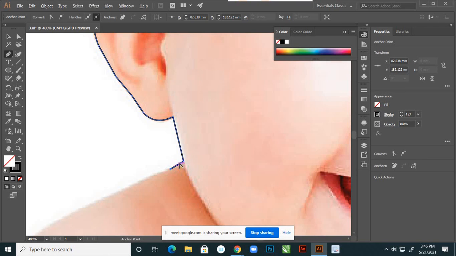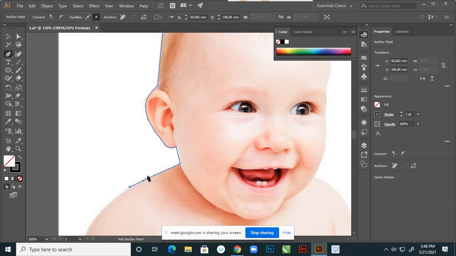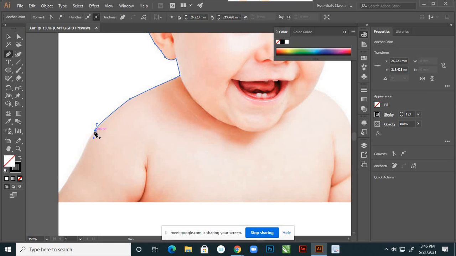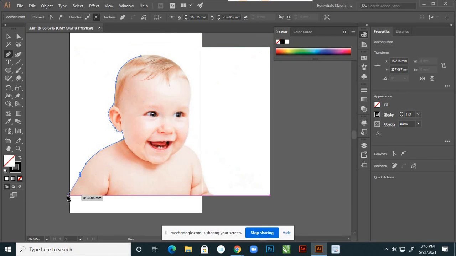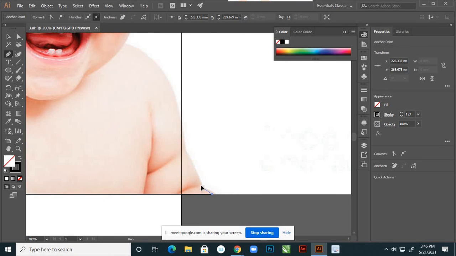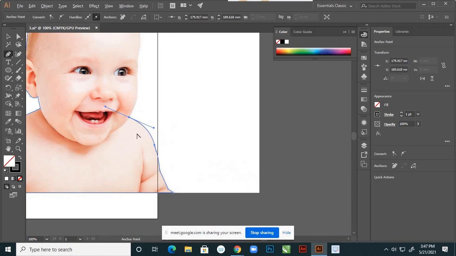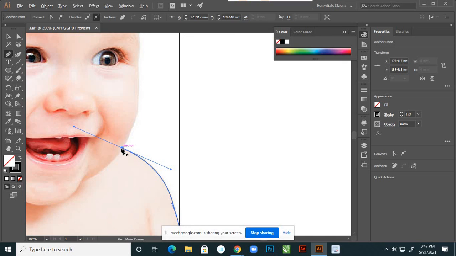So again, pressing Alt on the keyboard. And I'm using Alt again, and the keyboard, to control your pen.